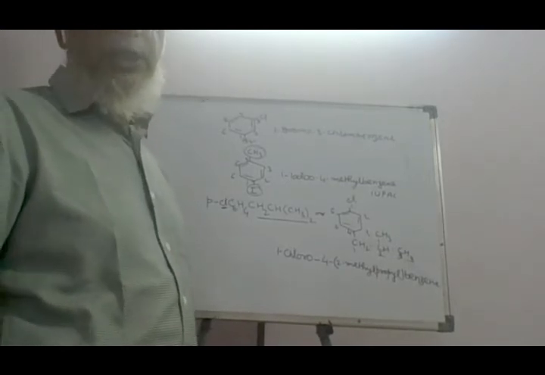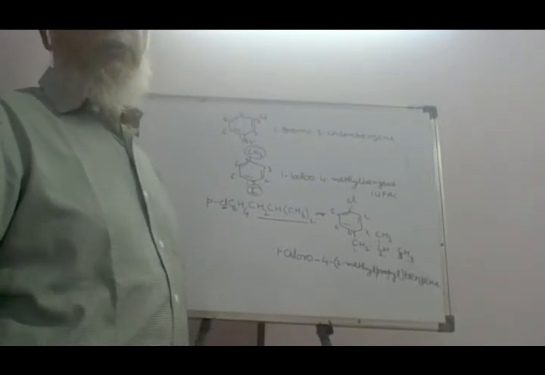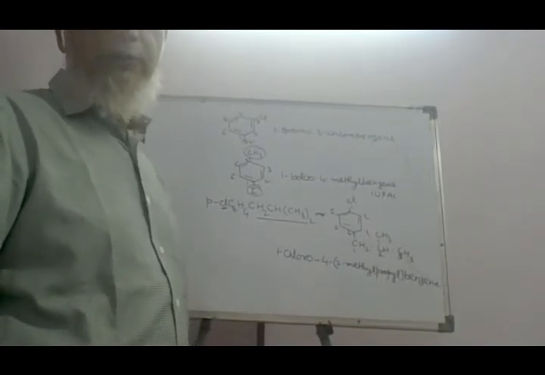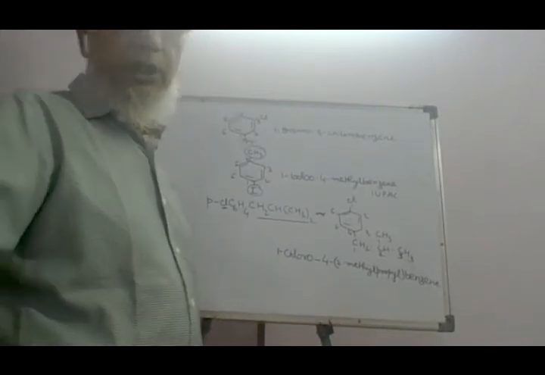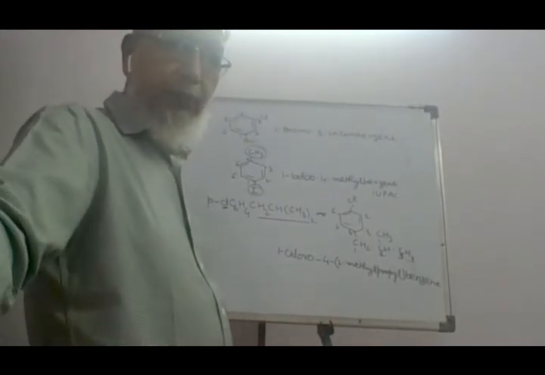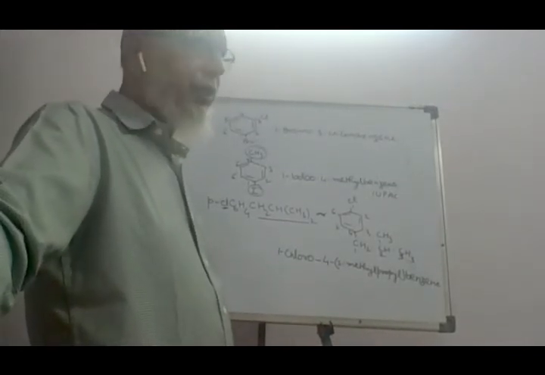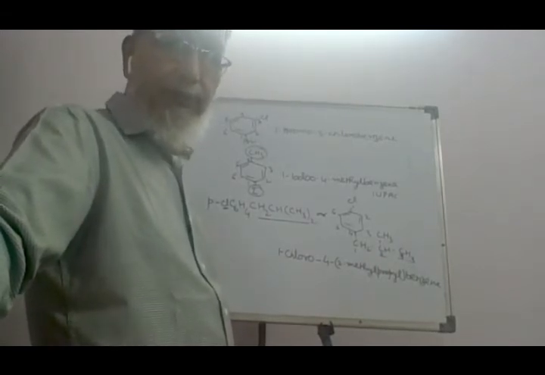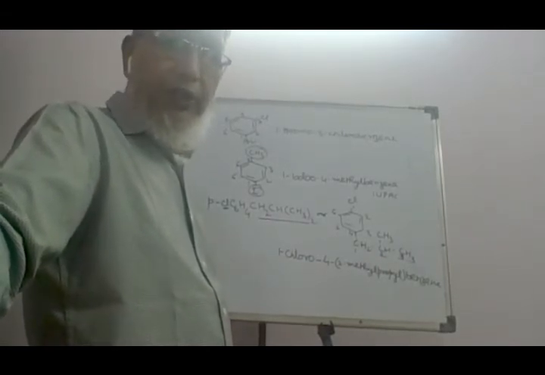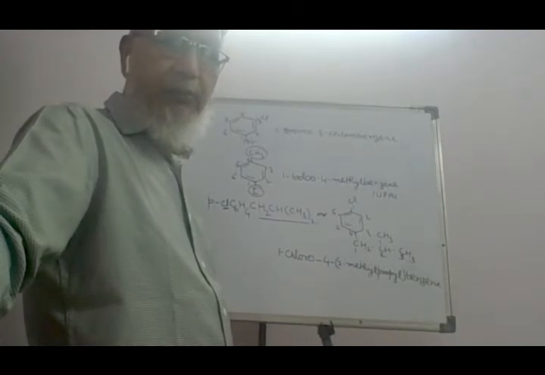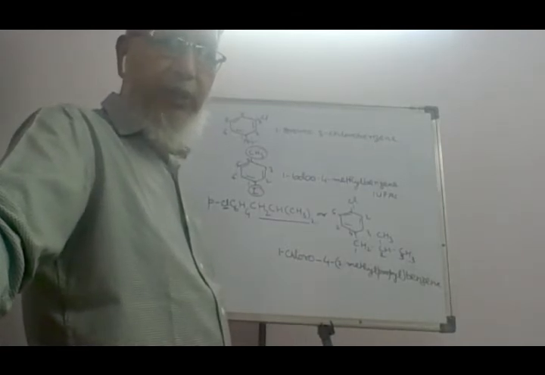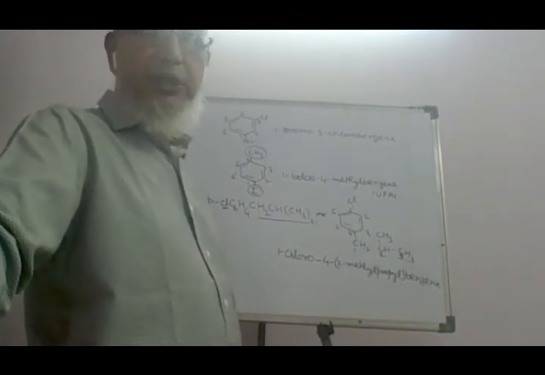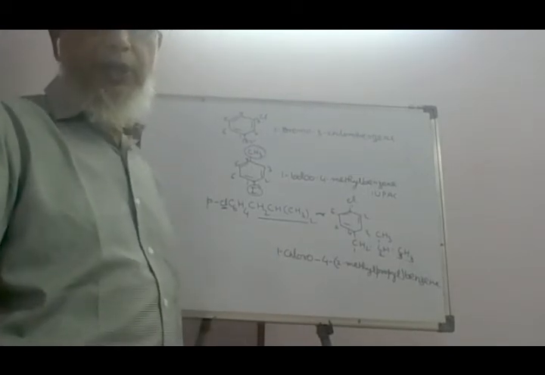Now here it should be noted that if there is a benzene nucleus and there is a side chain which contains only hydrocarbon part, then in order to name it, we should compare the number of carbon atoms in the side chain and in the benzene. If the side chain contains a smaller number of carbon atoms in comparison to benzene, that is less than 6 carbon atoms, then it will be treated as a derivative of benzene.